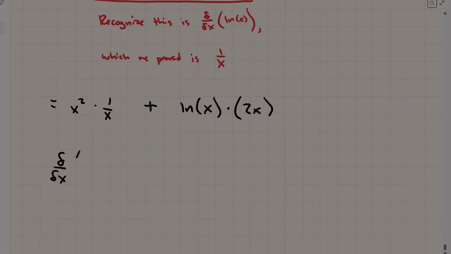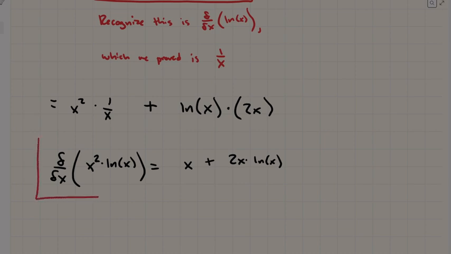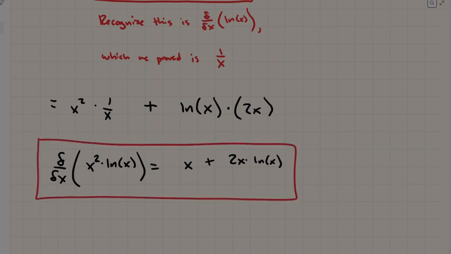That means the derivative of x squared times ln of x is equal to, okay, the x squared divided by x just turns into x, plus 2x ln of x. All right. And so now